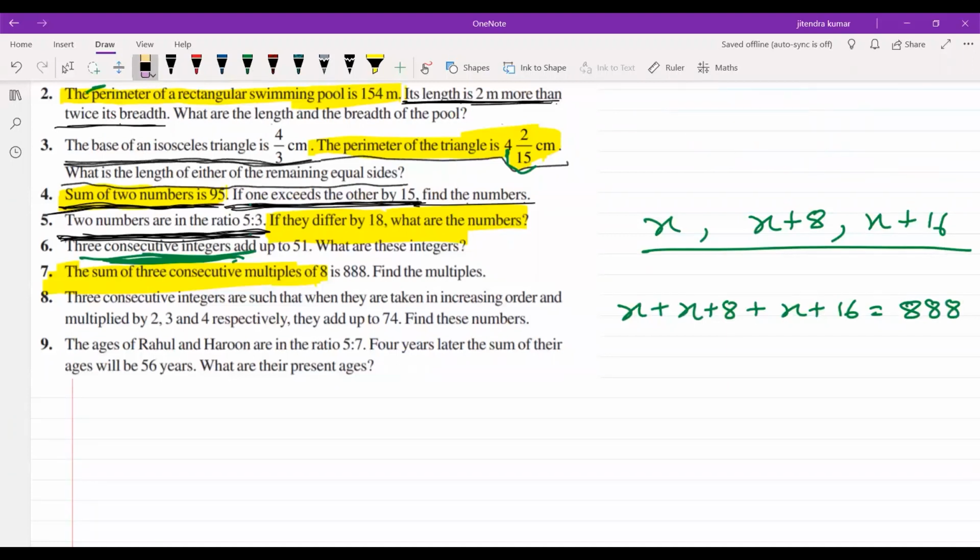Sir, x is equal to 36. Yes, 36, sir, but 36 is not divisible by 8. Sir, I will do it again. So 32. The 32 is possible, but please check your calculation. But 32 will not give us the sum 888. Okay, the sum is 888 here. So I don't think 32 will be the right answer. So please check, all of you.